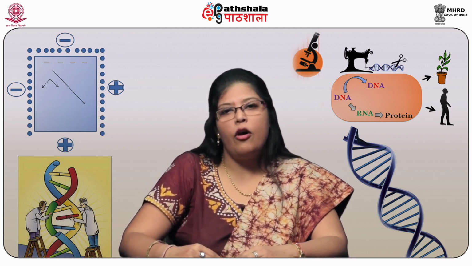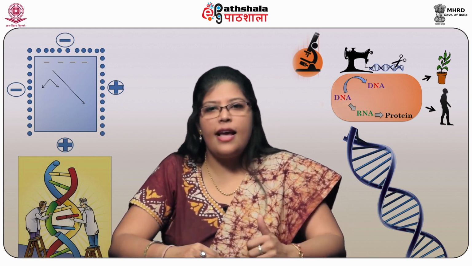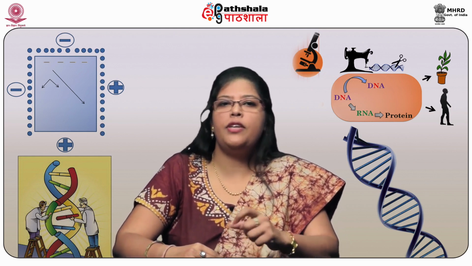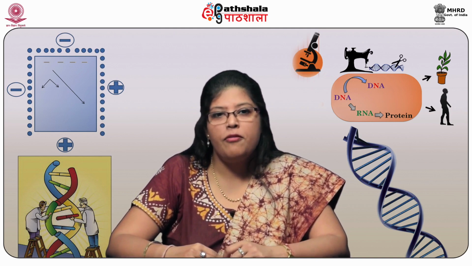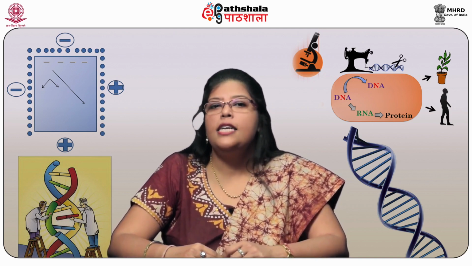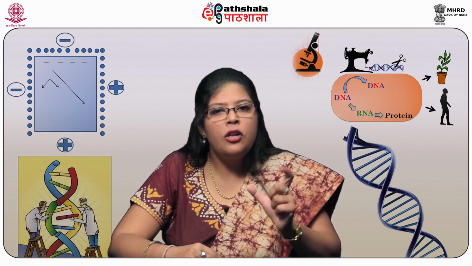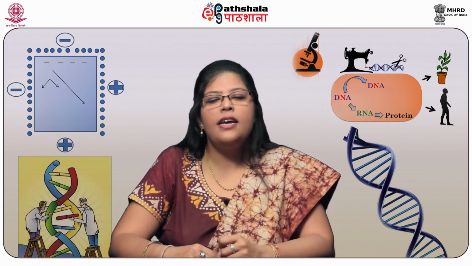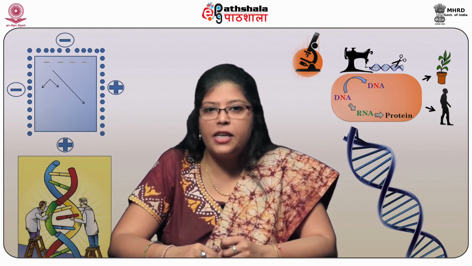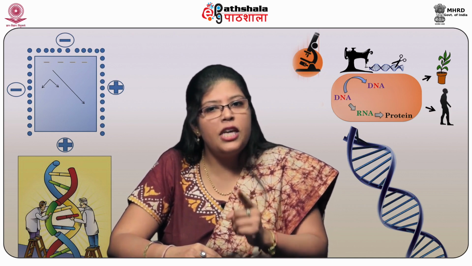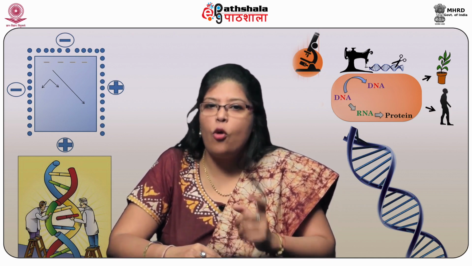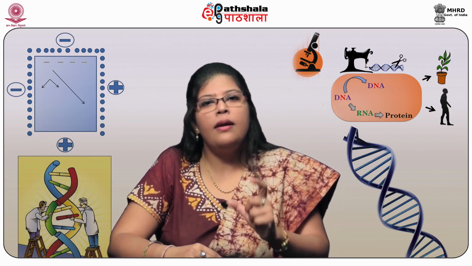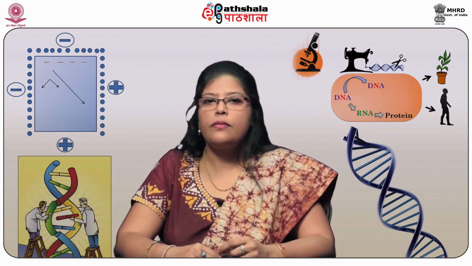On the lagging strand, however, it is known as the lagging strand because the DNA synthesis begins shortly after the beginning of DNA synthesis in the leading strand. Further, on the lagging strand, DNA is synthesized in multiple short stretches called Okazaki fragments. Each Okazaki fragment is synthesized in a 5' to 3' direction, and the synthesis of each Okazaki fragment requires its own primer. Hence, in the lagging strand, the event of priming is repeated multiple times.